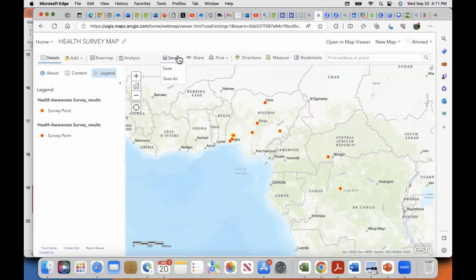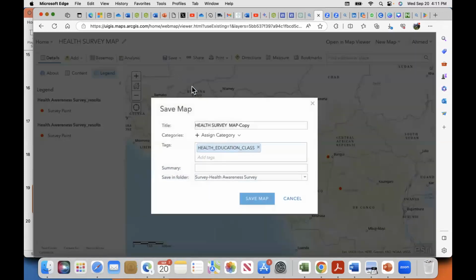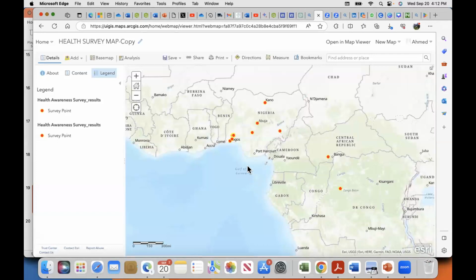So we want to save our map. We save as health survey map copy, and health education class for the tag. Then we save our map. So our map is saved.